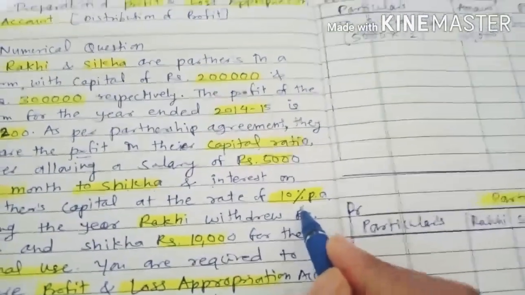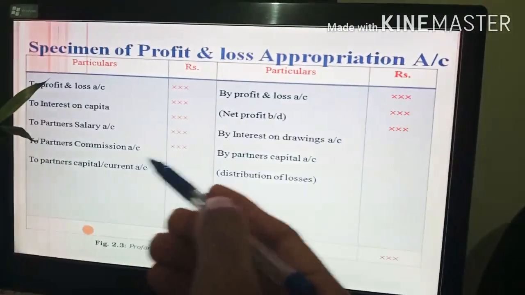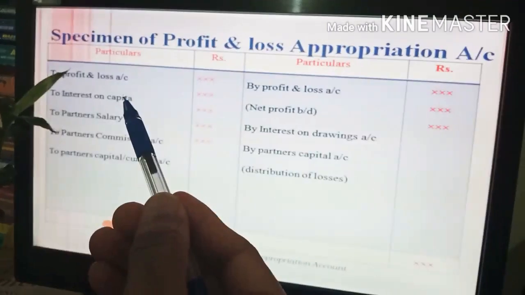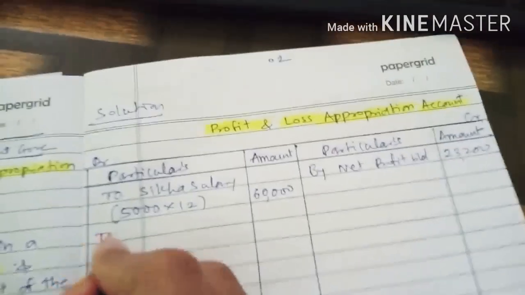Interest on capital is given. So this interest on capital you have to record where? Let's see. Interest on drawing here, and here will be interest on capital. The second entry, see, interest on capital of the partners. You have to record on the debit side. So write here